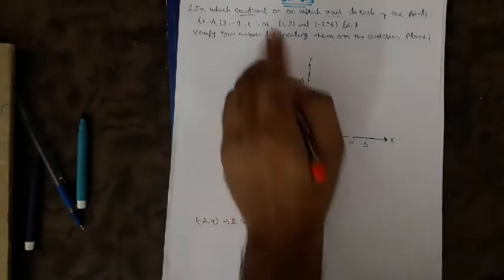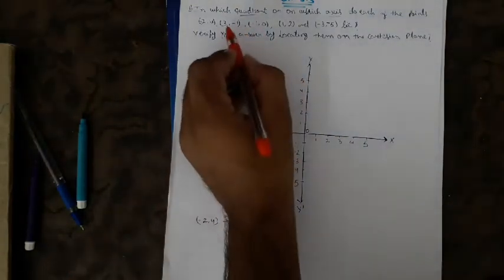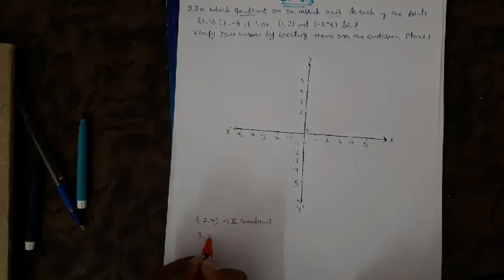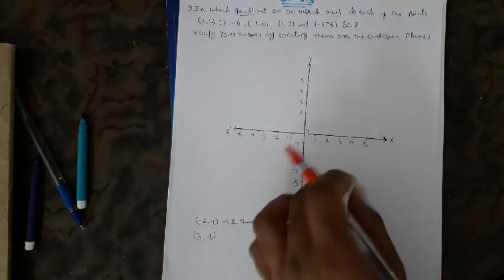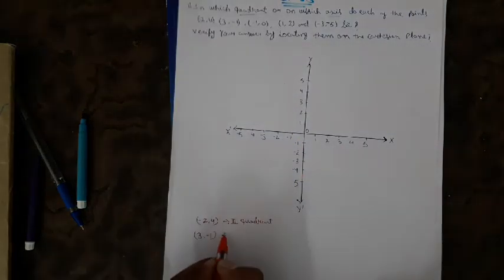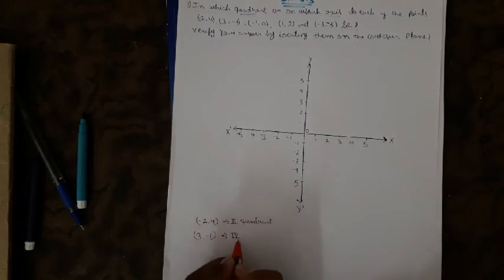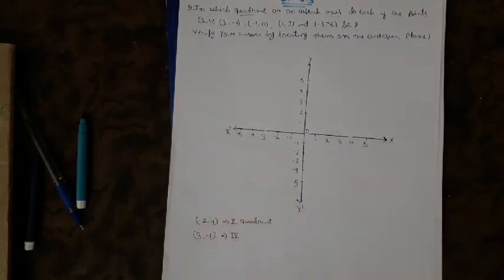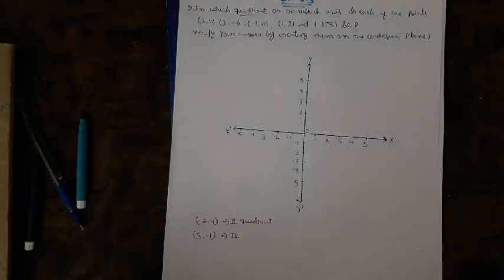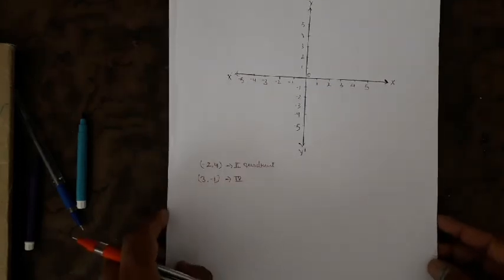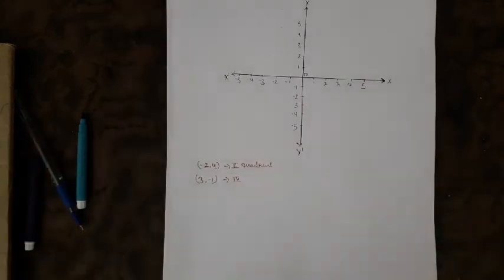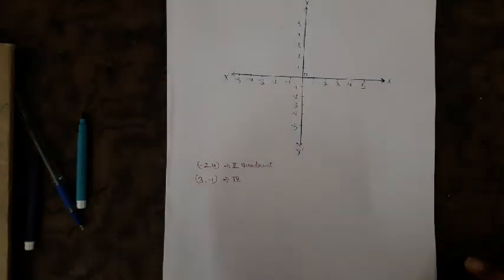Okay. Second, we have 3 and -1. The value of x is positive but y is negative. X is positive and y is negative, so it would lie in the fourth quadrant. For understanding this, we should see the first session of this chapter very carefully. Then you will understand how we can identify that.